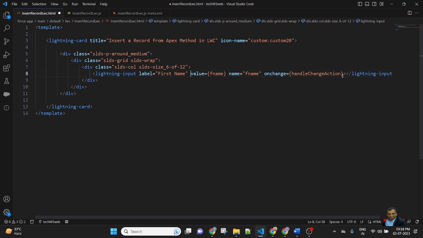So I created one input field, and there is an action function handleChangeAction.